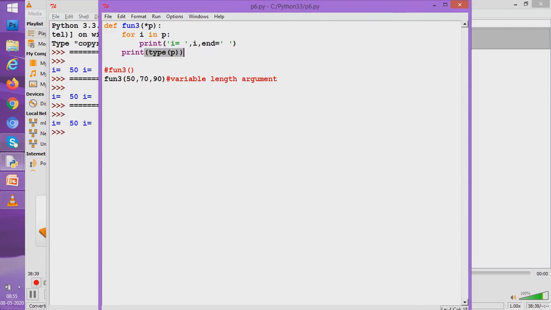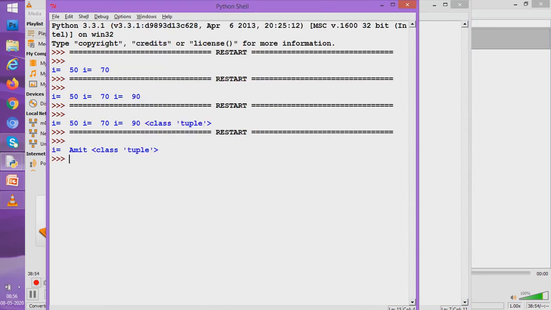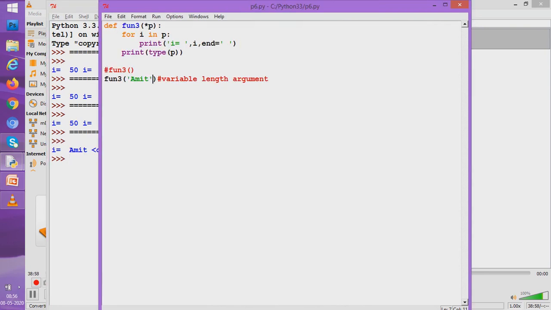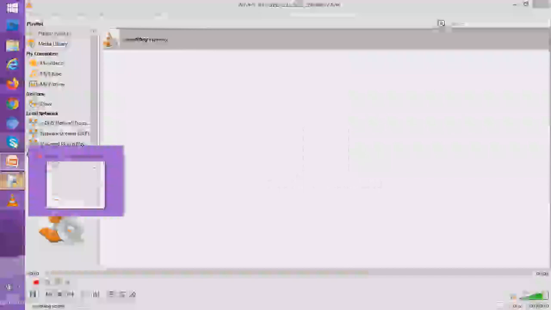So p is of which type? It is a tuple. So we can understand, but let us see again. If I pass, say, a string, what would happen? Which type is it of? Then also tuple. So you have understood? P is always a tuple. A parameter of this type is always a tuple.